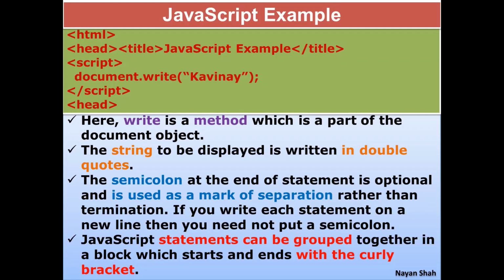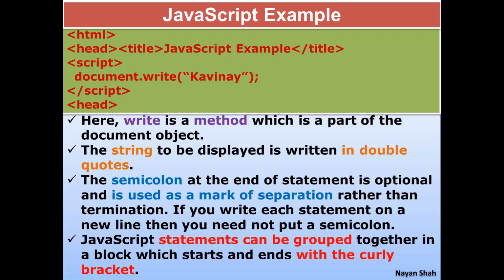document.write, and within brackets, in double inverted commas, one word is written. Document.write sends the data to the screen and it displays on screen. So this is very simple. You know that if you want to display any word on a web page, there is no need to use this. You can directly write in the body tag and that will be displayed on the web page. But this is just a simple example to make you understand what all this means.